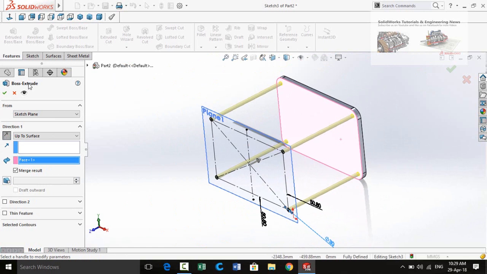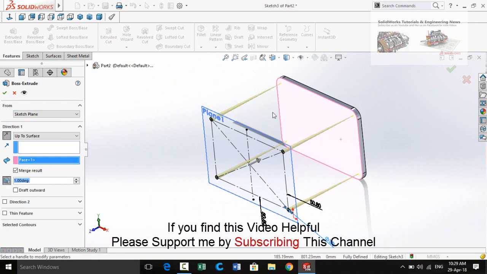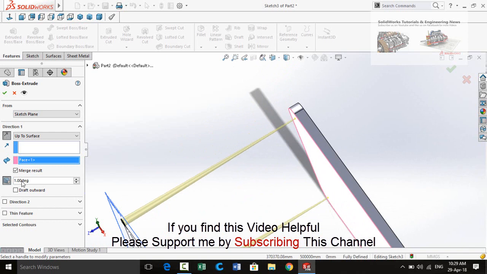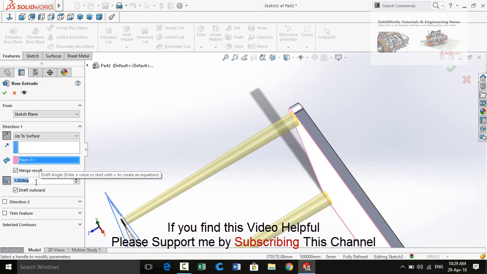Now another feature in extruded boss base command is the draft. If you turn it on and see, here is the draft angle, and if you check this box draft outward, type here the angle 1.5.